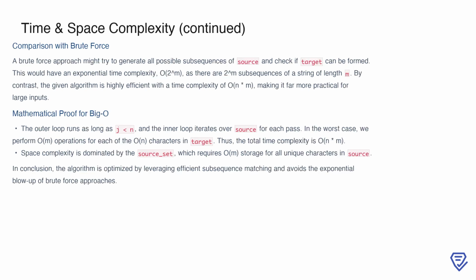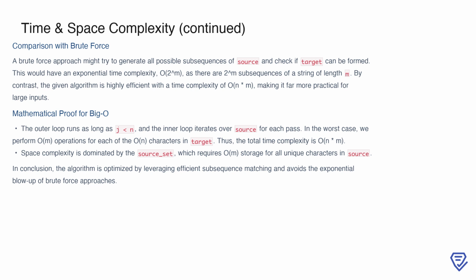To understand why this algorithm is so much more efficient than a brute force approach, we can compare the complexities. A brute force method would generate all possible subsequences of the source string and check if target can be formed from any of them. Since there are 2 to the power of m subsequences of a string of length m, the time complexity of this approach would be O(2^m), which is exponential and impractical for large inputs. In contrast, the given algorithm avoids this exponential blowup by leveraging efficient subsequence matching,